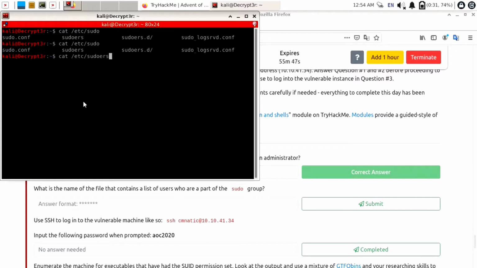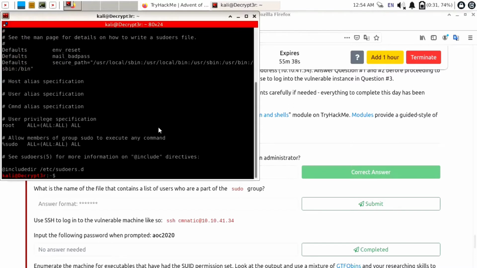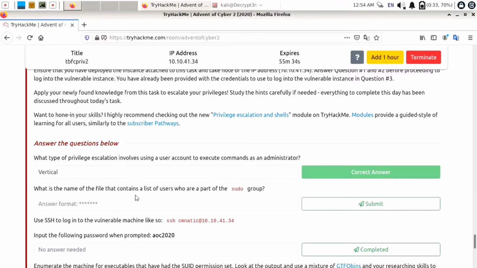This is the file which is used to display the permissions of users who have sudo permission. So you can see this is the file /etc/sudoers. So our answer will be sudoers. Type sudoers and click on submit.